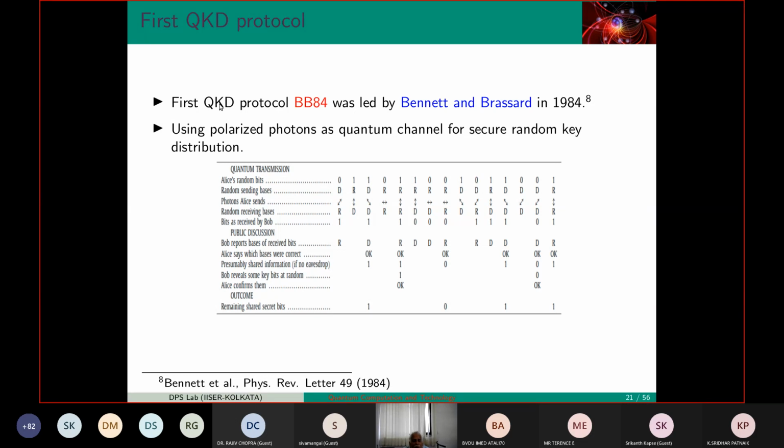So this QKD, quantum key distribution protocol, Bennett Brassard 84, was done over glasses of beer in Bangalore. So India has come up with the idea of the first technology. Now these things are actually available in the market as a technology. Now, where was it first employed? It was employed in the South Africa football match, I think 2008 or something. The World Football Federation, every 4 years they have that football game, so that betting can be avoided. That time they first used this quantum channel for communication.